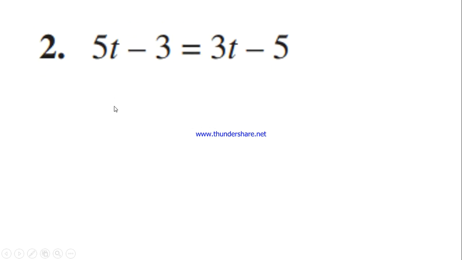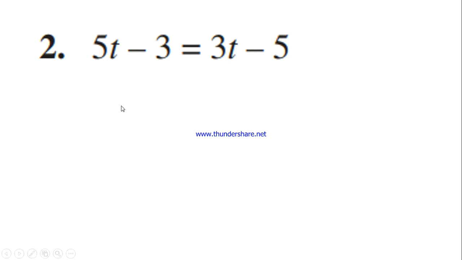Second question, 5t minus 3 equal to 3t minus 5. So what is the variable given here? t, and the variable is present on both sides or not. So we are going to solve. How do we solve, children? By keeping variable terms on one side and constant terms on the other side. Now we are putting variables on the left hand side and constant terms on the right hand side. Even so, we can exchange: constant terms on the left hand side and variable terms on the right hand side. Anyhow we will have the same solution.